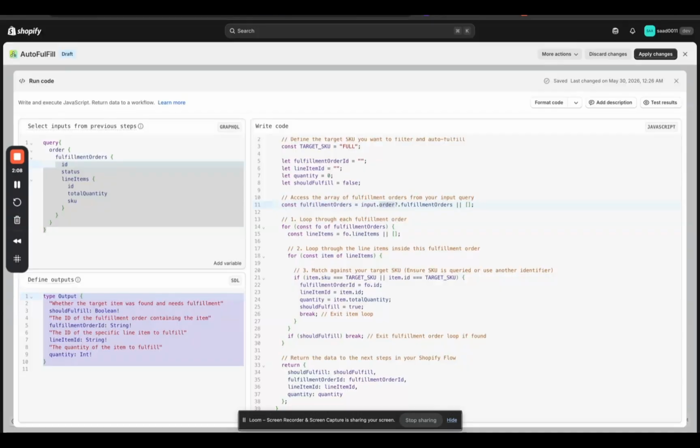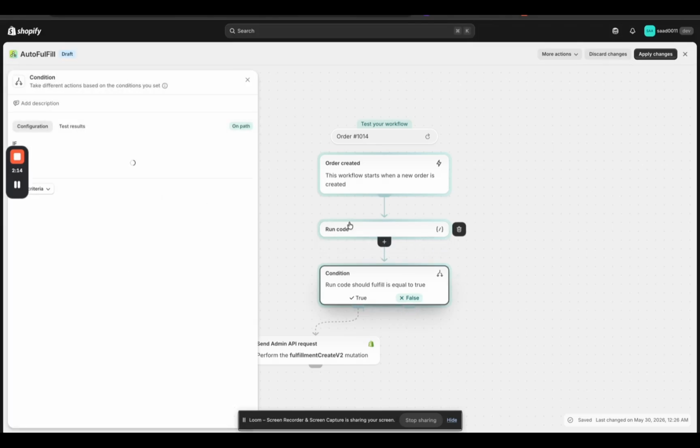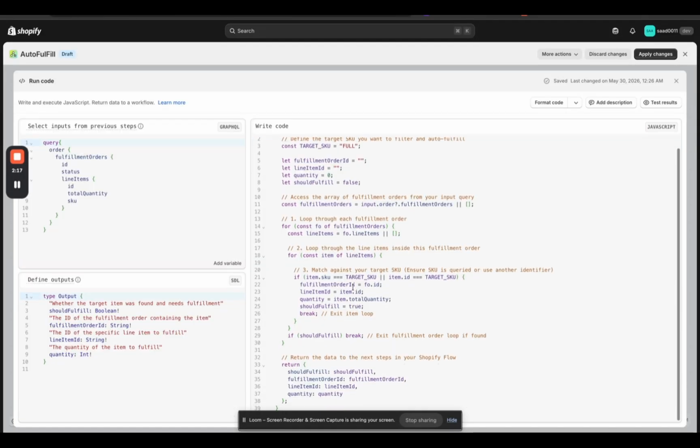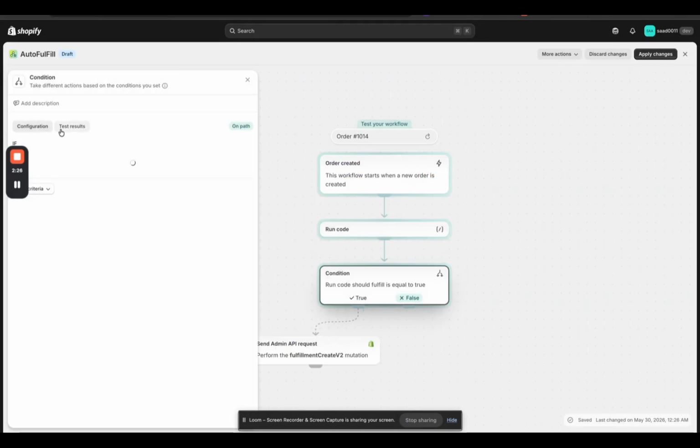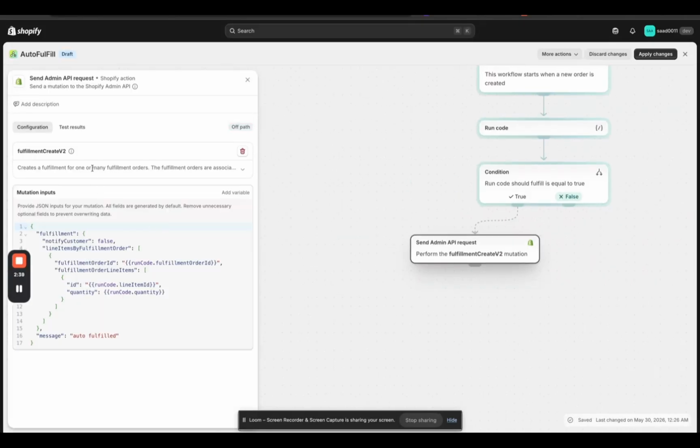you have to add a condition. Like here in the run code we are giving this output like it should fulfill. So if should fulfill is true, then run code should fulfill is true, then we will be using the send admin API request and fulfillment create